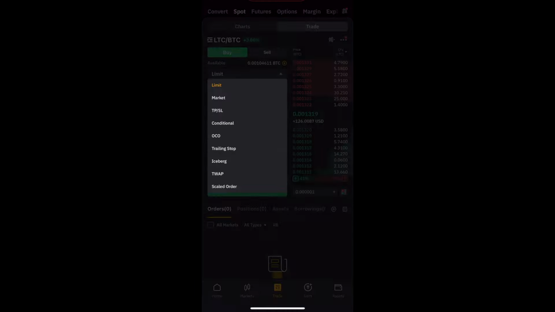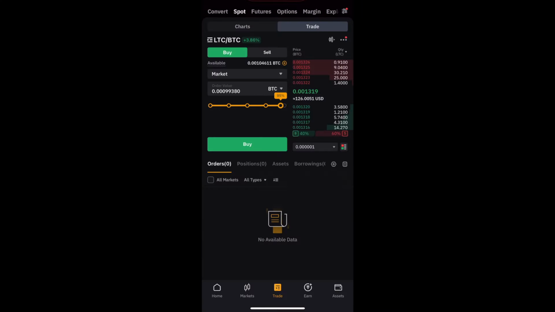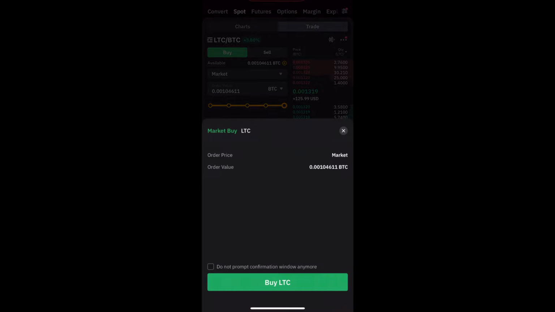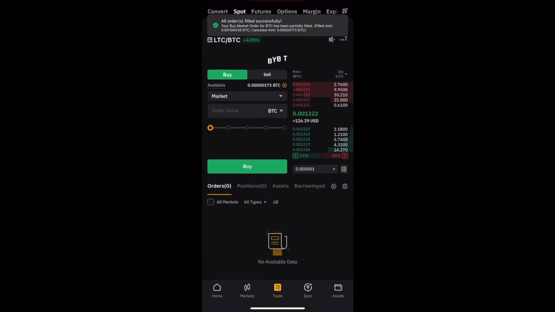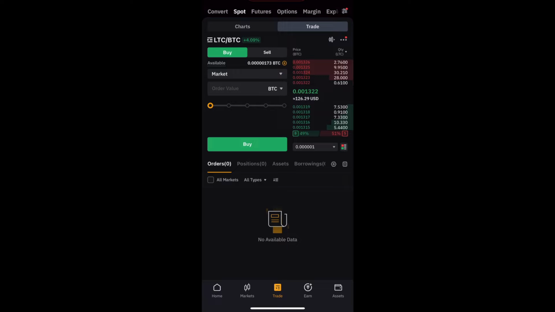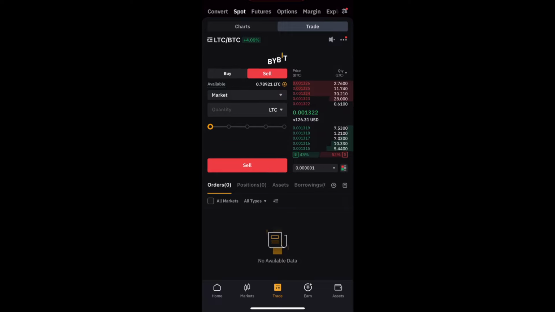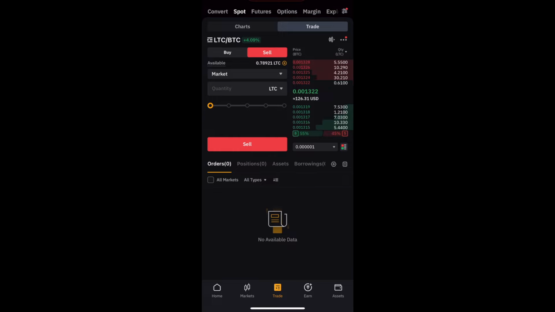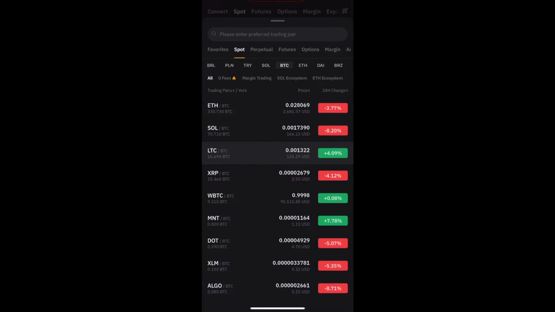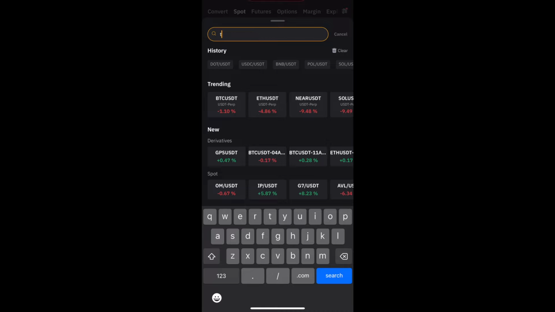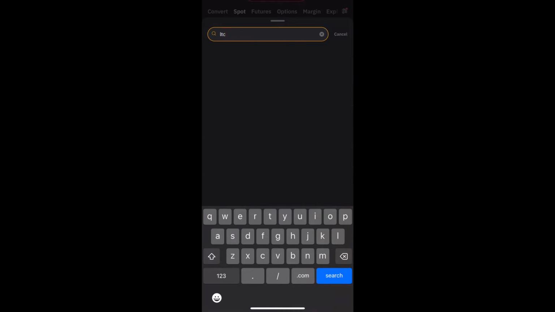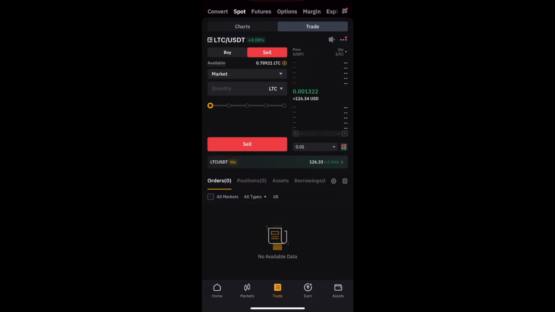Let's just use a market order like this so it can go through immediately, right? Let's click buy, boom. Now we have some Litecoin, as you can see right here. All right, so now we're gonna go to Litecoin to USDT, LTC to USDT right here, and then we're just gonna sell the whole available Litecoin that we have right here